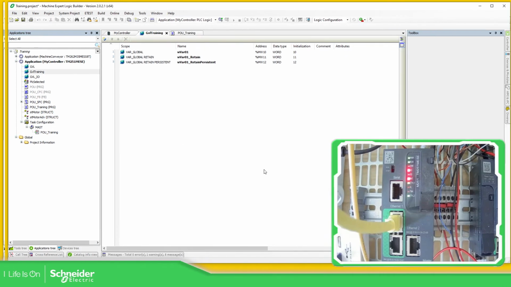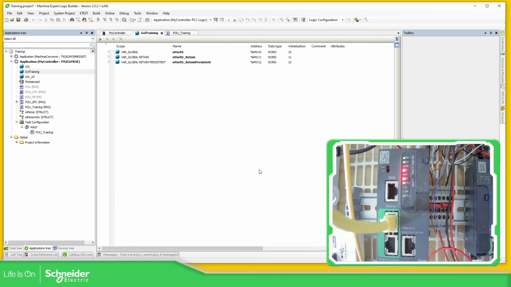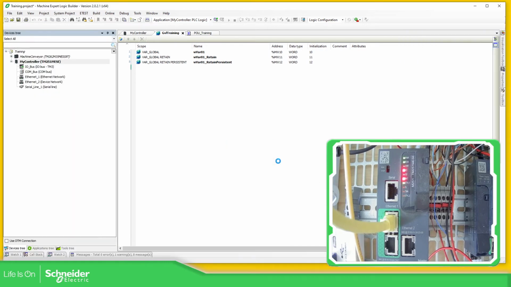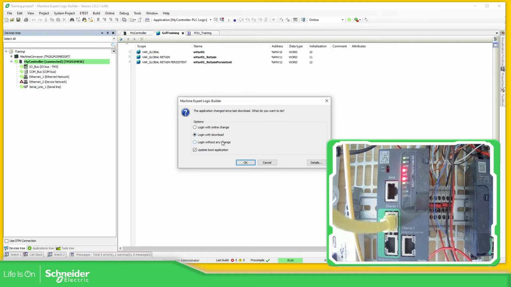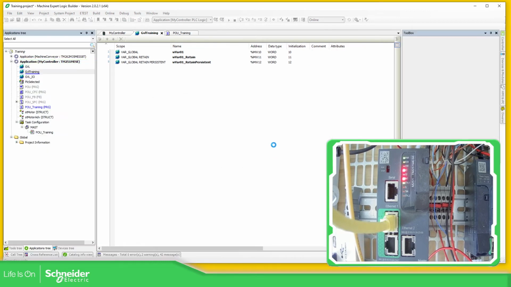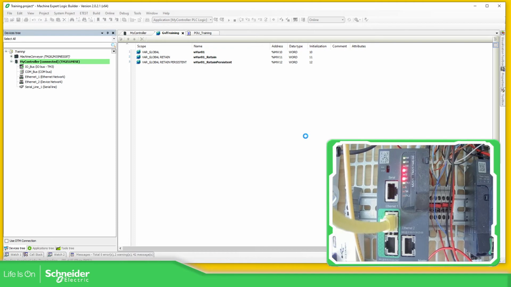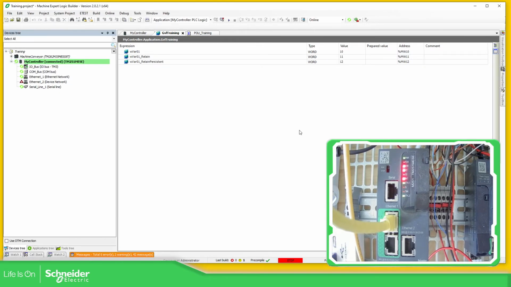I'm going to show you the PLC in there. Don't pay attention to all these cables over here. So let's connect to the controller. Yes, going to connect. Login. Okay, download. Okay, so